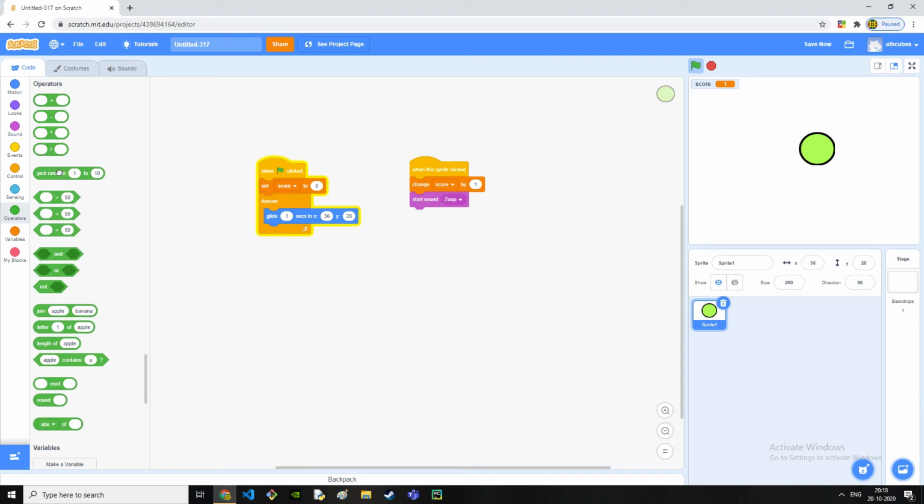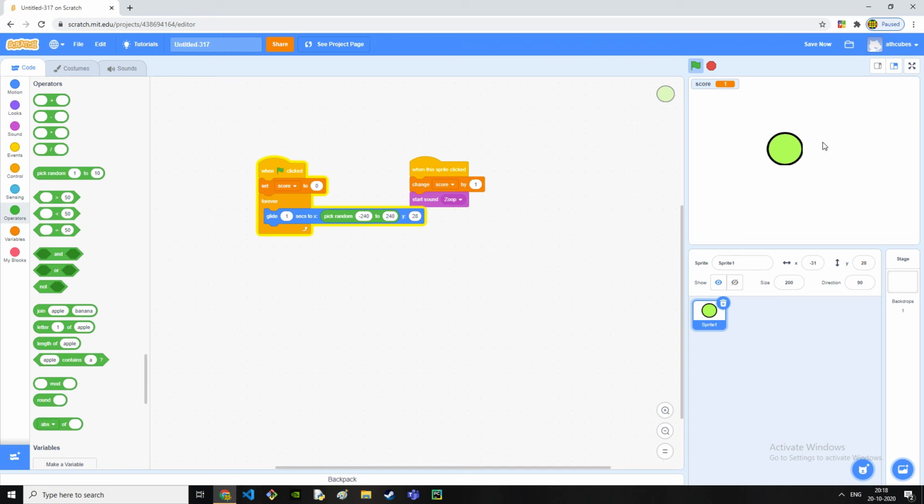Drag this block, then where 1 is written, type in minus 240. The other number is going to be 240. The previous one was negative, this one is positive, 240, like this. Now drag it in X.